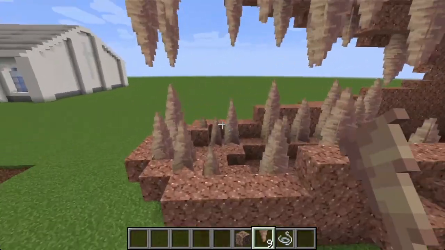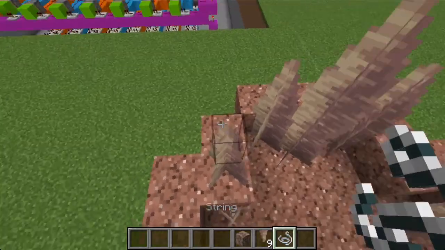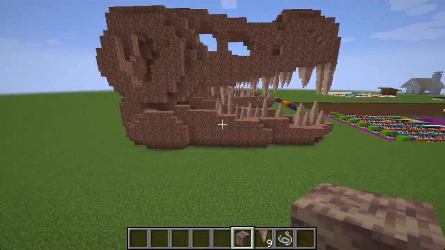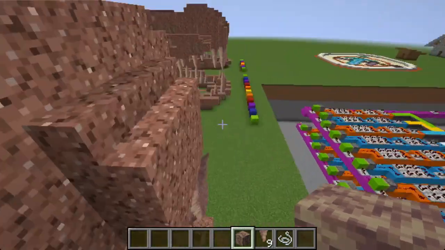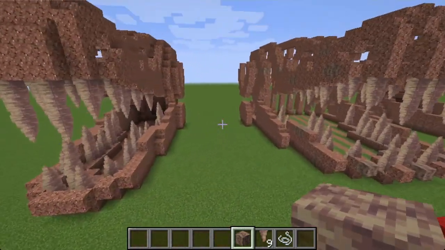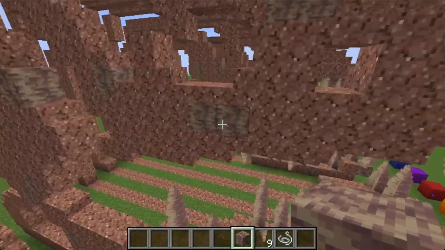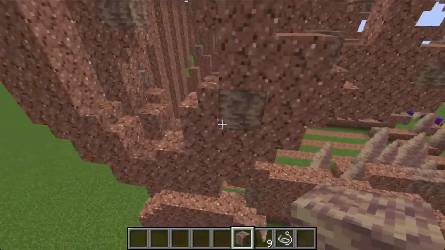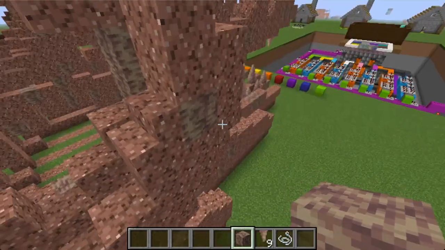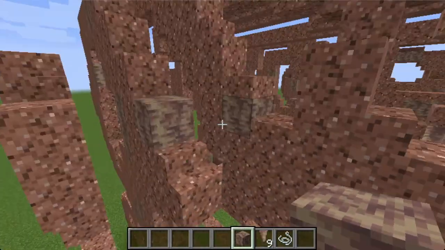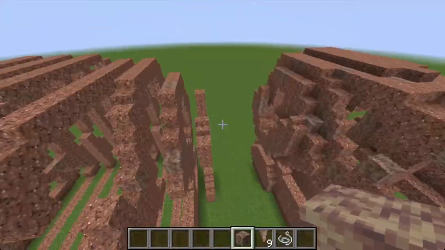And now that we have that, we have to place string on top of everyone in order to stop the growth. Now, with the string all placed out, you can see we are getting closer to the finished product, but there's one thing still missing, and that's the texturing. For this, we're gonna do the Dripstone blocks, and we're gonna place them around, as you can see here, randomly in assortments of 1, maybe 2 in a line or 2 diagonals,